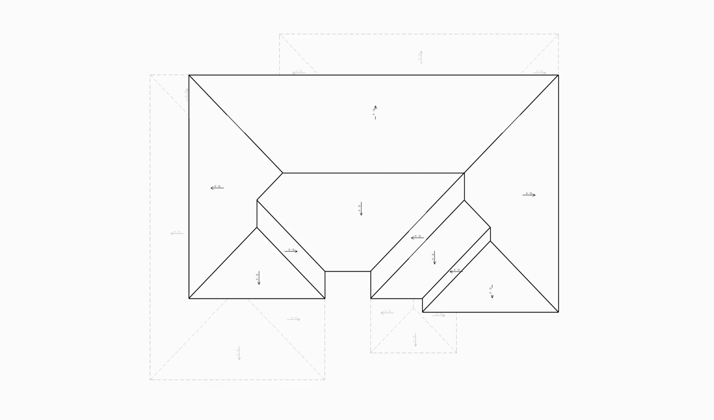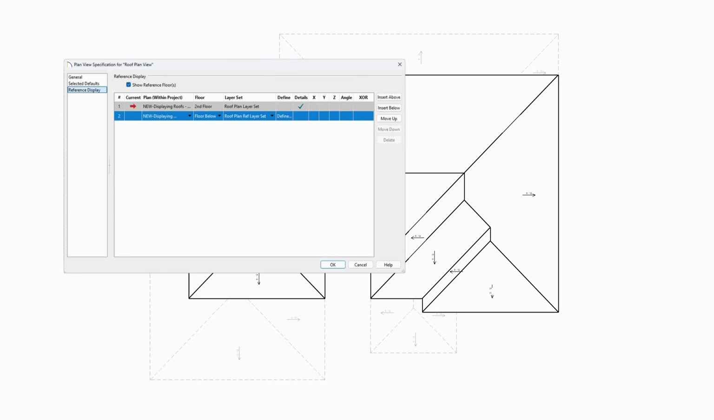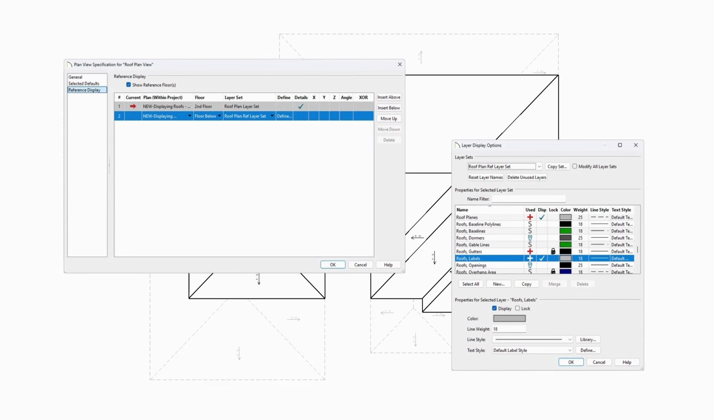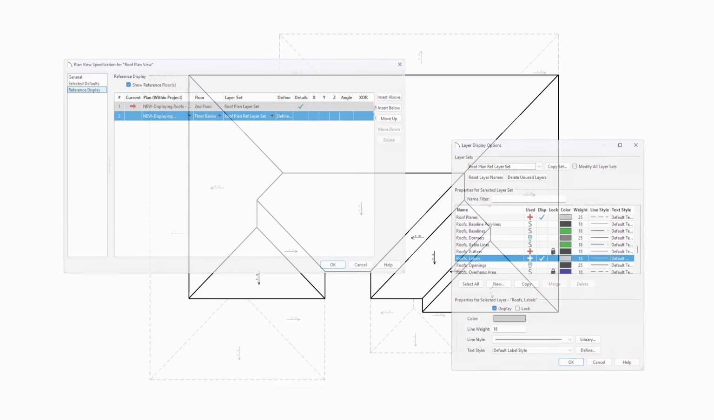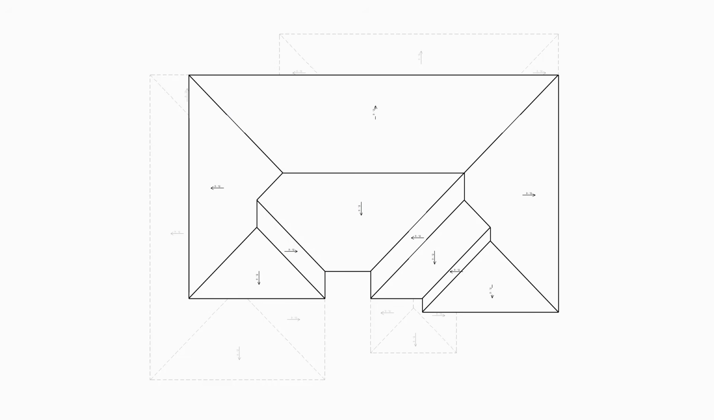another floor. In Chief Architect, we can accomplish that look by using settings within our saved plan views to control the reference display and layer set settings for that reference display. Now, having familiarity with layer sets, reference display, and plan views will be extremely helpful if you're trying to follow along with this video. If you need more information about these topics, see the built-in help within the Chief Architect